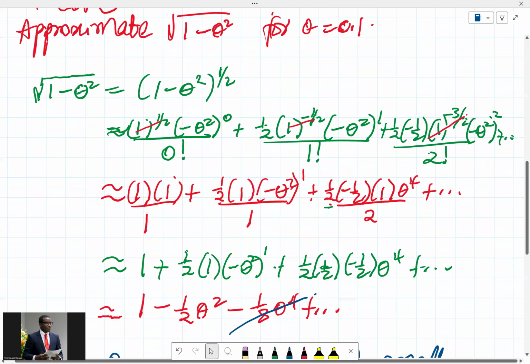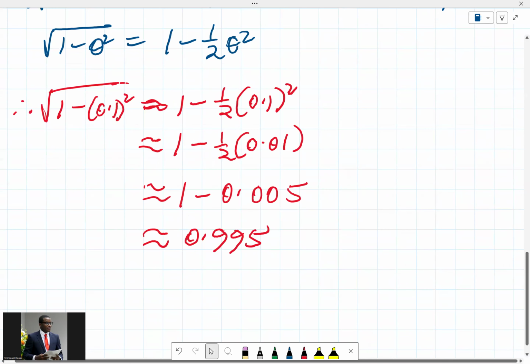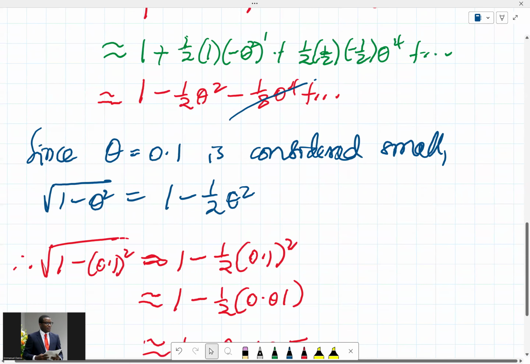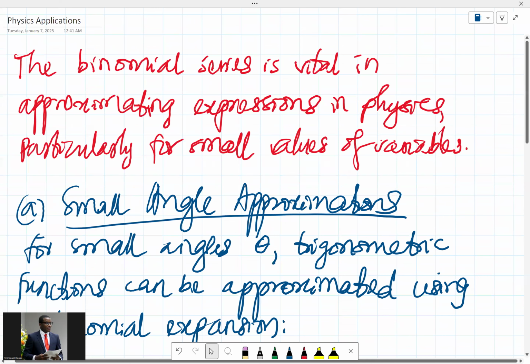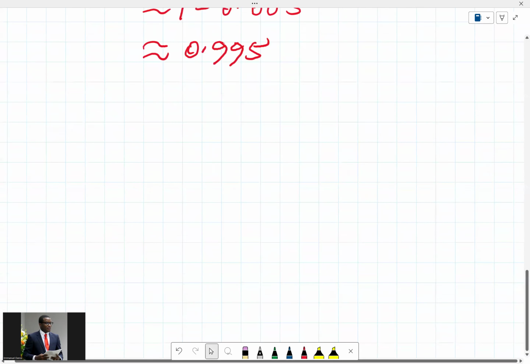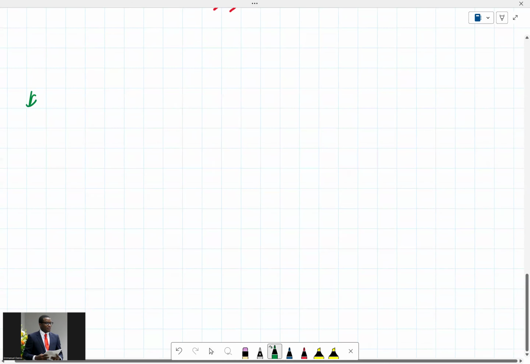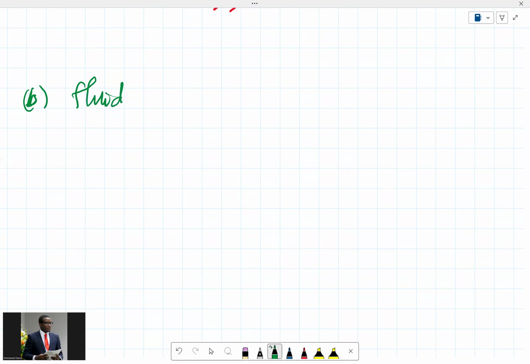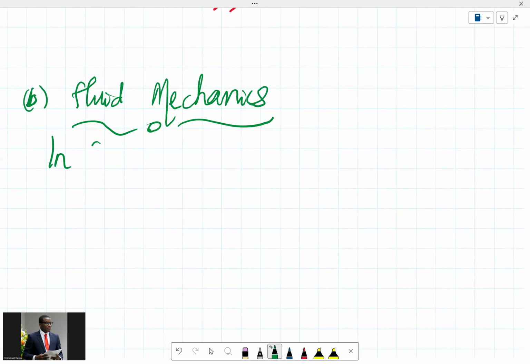All right, so that's one example right there. That's an example talking about small angle approximations. We can also have an example in fluid mechanics, which I'm not going to dwell too much on. Of course, fluid is something we also talk about in physics, and it also goes into engineering somewhat. So if we talk about fluid mechanics in this situation, we know that